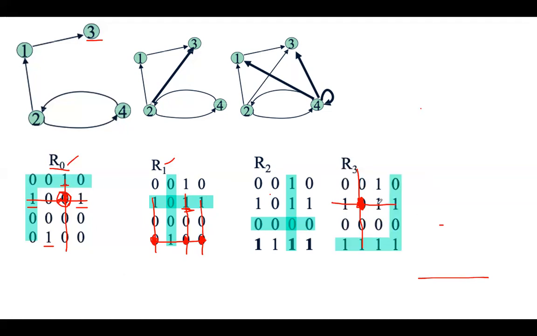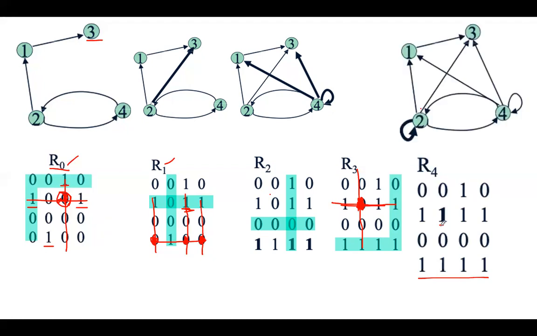Next, consider fourth row and fourth column. In the fourth row and fourth column, 1 is present here. So you can draw the line like this and find out where it will intersect with the row values. Here 1 is there, here it will intersect, but already 1 is there. Here it will intersect. So this 0 will become 1. Here 1 is there, here also 1 is there. No need to worry. Okay, so one more change means here you will get the 1. So this is the final transitive closure matrix, and the graph will be like this.